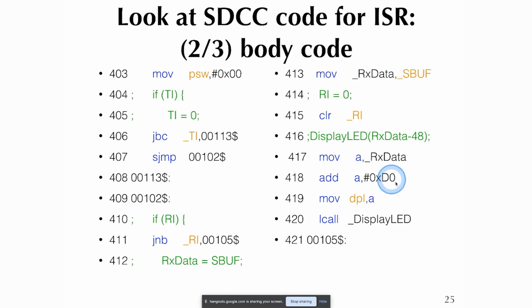So that's how you basically flip all the bits and then add a 1. That's how you get the negative version of it in two's complement representation. Then move the result to DPL. Why DPL? Because in SDCC, you pass parameters: if it's a single byte, you pass in DPL. If it's two single byte parameters, pass in DPL and DPH. Or if it's a 2 byte parameter, pass it in DPTR, which is the concatenation of DPL and DPH. And that's so that it can make the call to display LED. Okay, and then